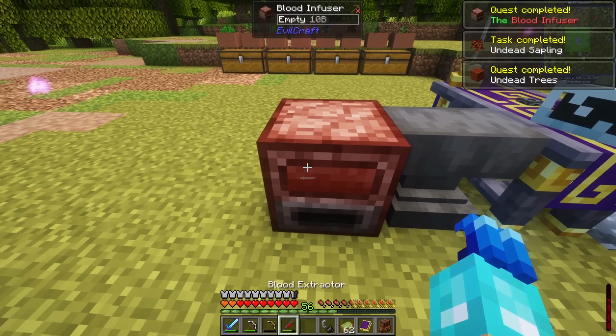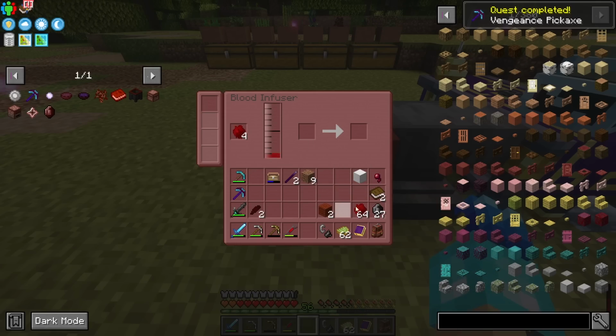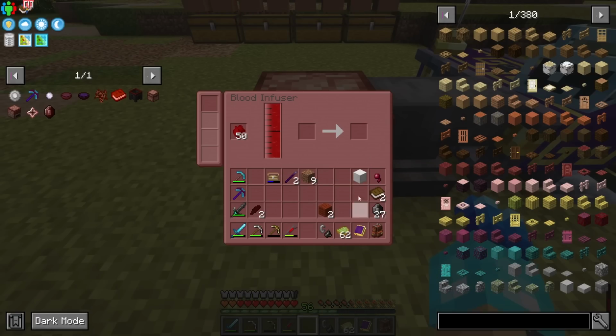Now that we have this thing, we could actually put blood right in there if we want, or we could pull it out as well, which is cool. But we could also use this condensed blood to fill it up and run it, so we'll go ahead and do that. With this, we can actually craft up those gems that we made a couple minutes ago